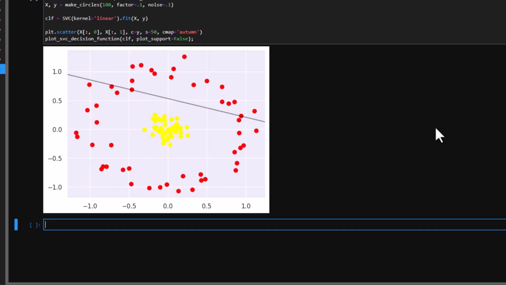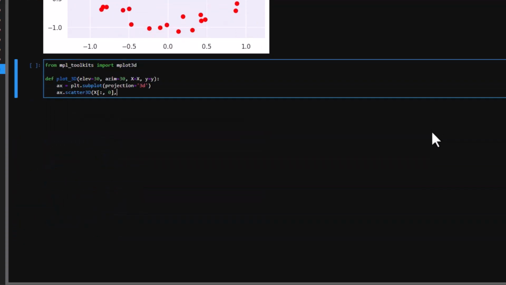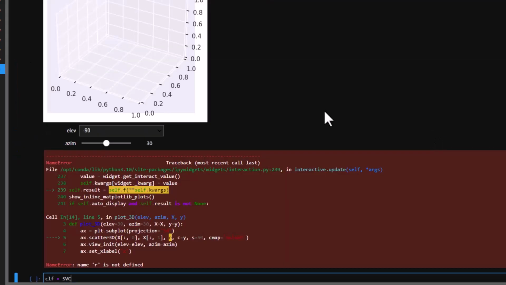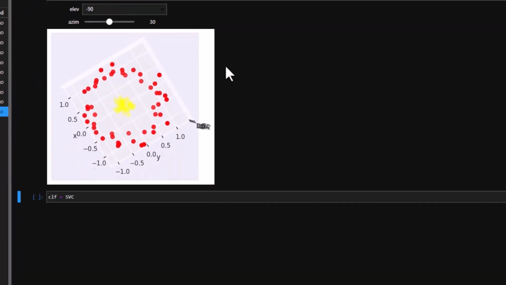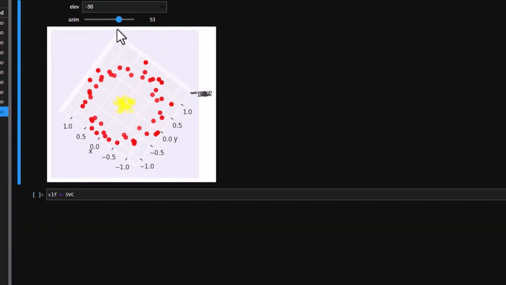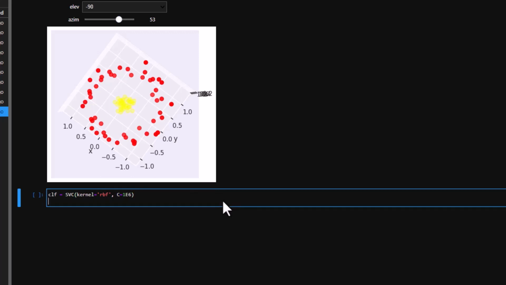For example, one simple projection we could use would be to compute a radial basis function centered on the middle clump. We can visualize this extra data dimension using a three-dimensional plot. If you are running this notebook live, you will be able to use the sliders to rotate the plot. We can see that with this additional dimension, the data becomes trivially linearly separable by drawing a separating plane at, say, r equals 0.7. In Scikit-Learn, we can apply kernelized SVM simply by changing our linear kernel to an RBF,